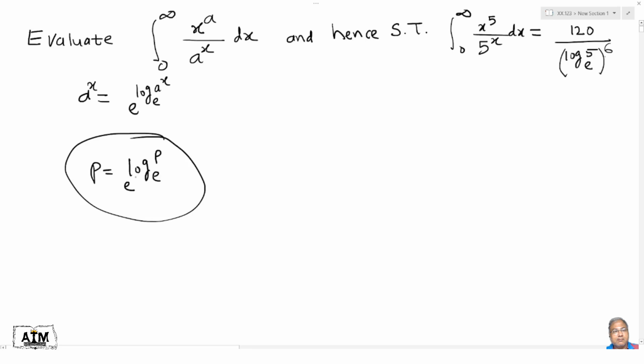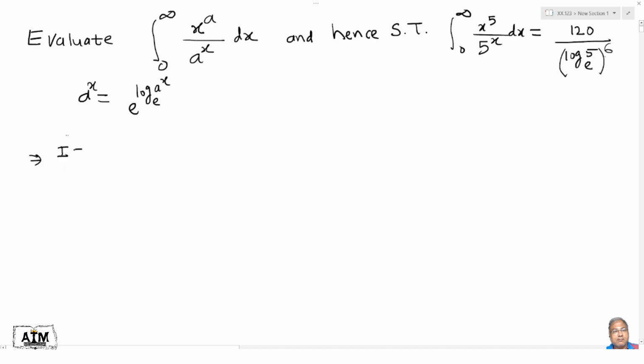By using this, we can convert a raised to x equals e raised to log a raised to x to the base e. Implies I equals integral from 0 to infinity x raised to a, and in place of a raised to x, e raised to log a raised to x to the base e